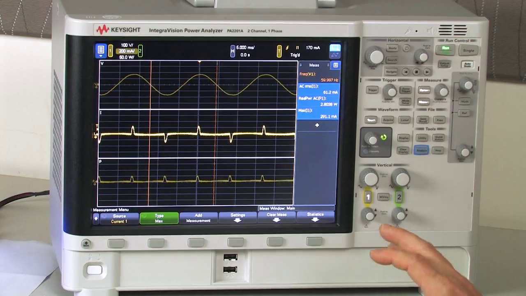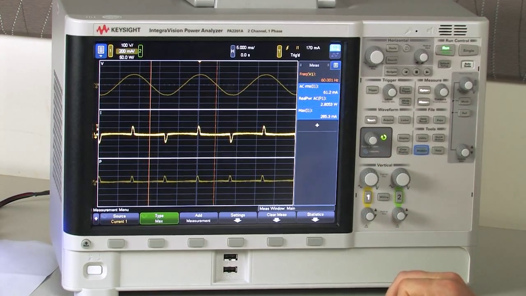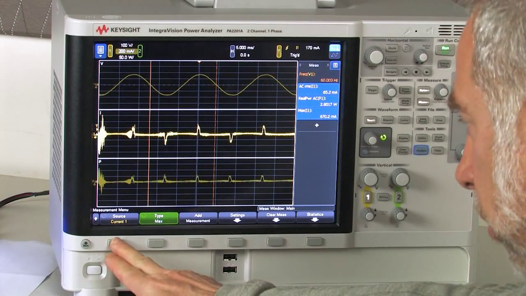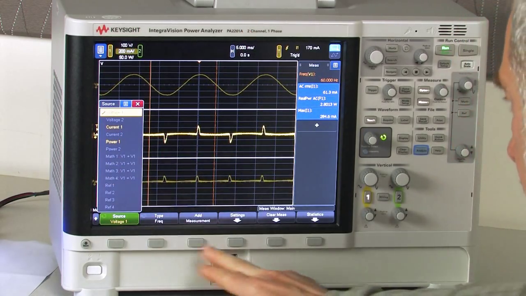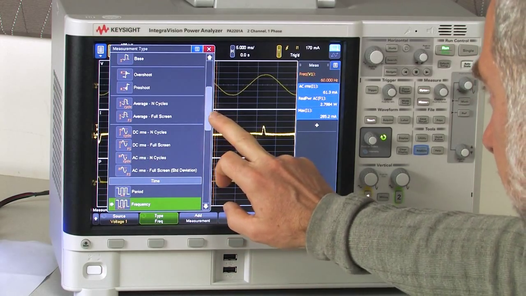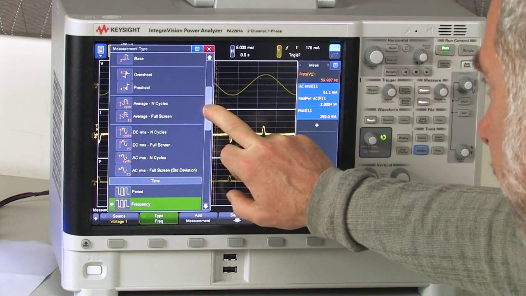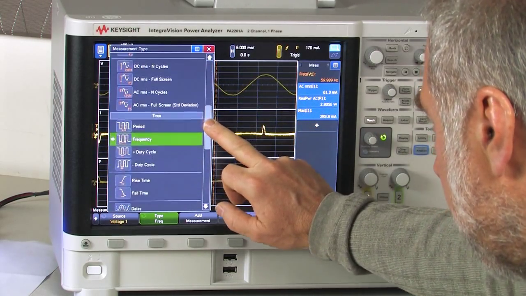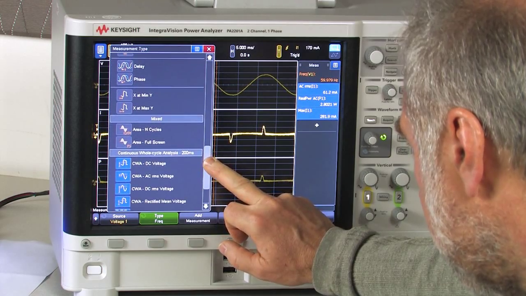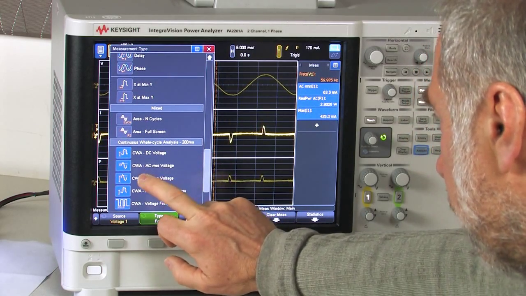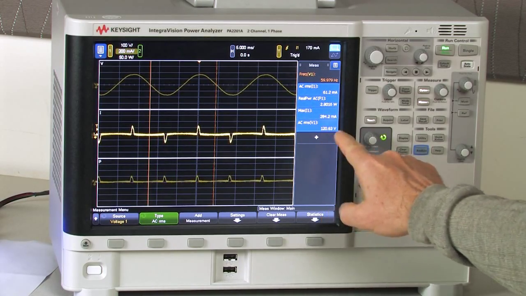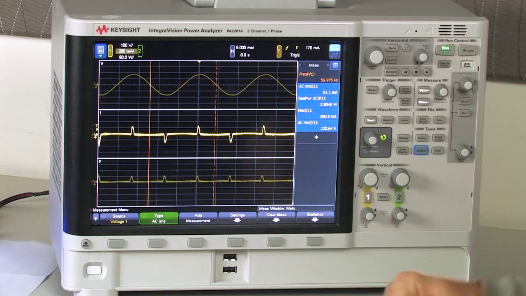Next I'm going to add an additional waveform to show you how easy it is to add new measurements. You could add a measurement for either voltage, current, or power. So I'll go to voltage first, voltage 1. And then I'm going to select a type of measurement, and this time I'd like to know what the RMS is of the waveform. So I can go up here and find the AC RMS voltage. I added that, and now you can see that the voltage has come up over here. The AC RMS is 120 volts, which you would expect coming from wall power.